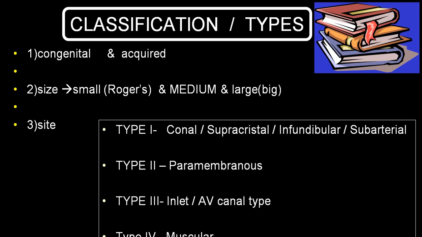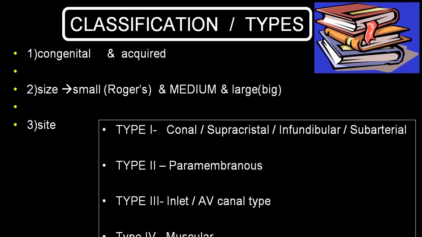Another one, while doing pericardiocentesis you can also have a traumatic injury to the interventricular septum, or you can have a penetrating injury like a bullet injury or stab wound injury to the interventricular septum and can end with a ventricular septal defect.